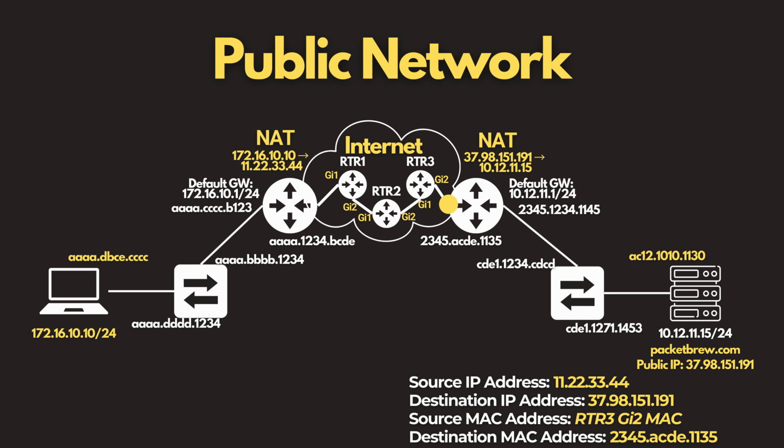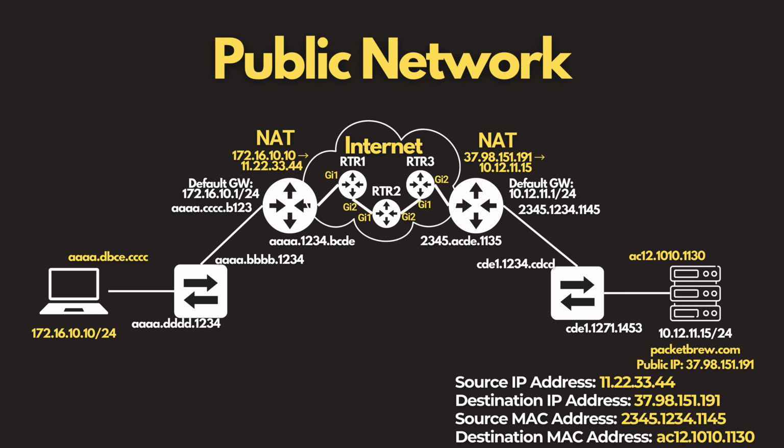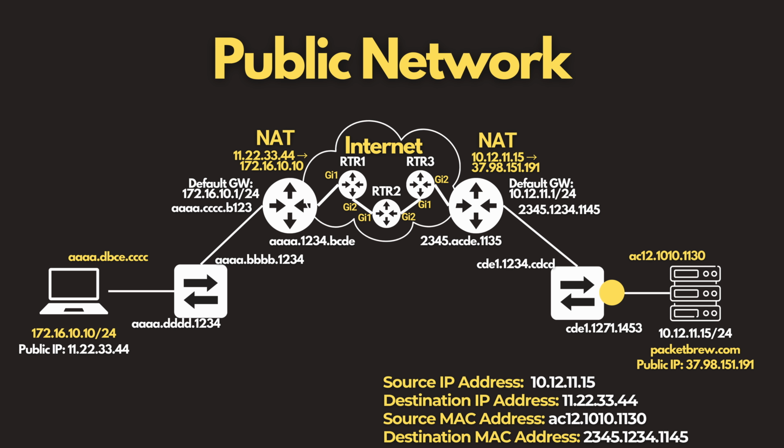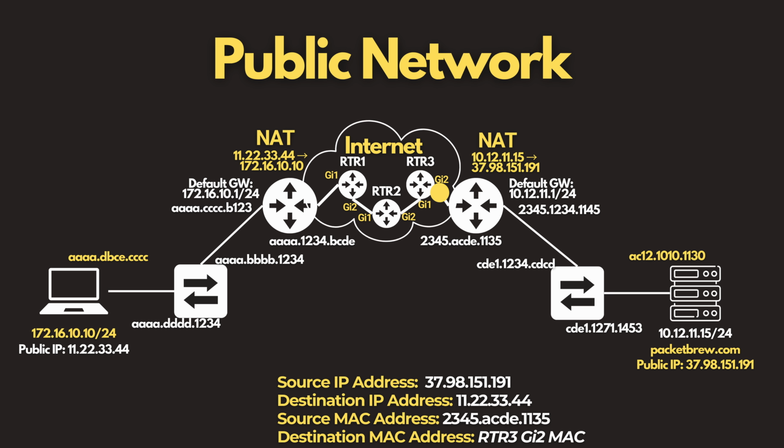Once it arrives at the website's network, another device would apply destination NAT to the public IP of the destination, changing the destination IP to the private IP equivalent. In this network, data would arrive at the destination. The return traffic will have the same flow. IPs and MAC addresses just need to be interchanged.